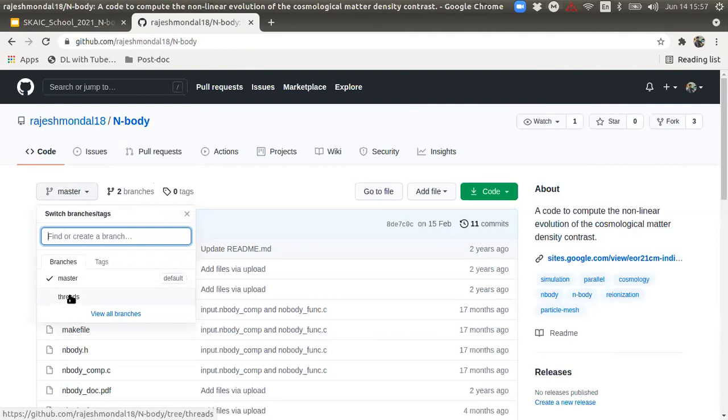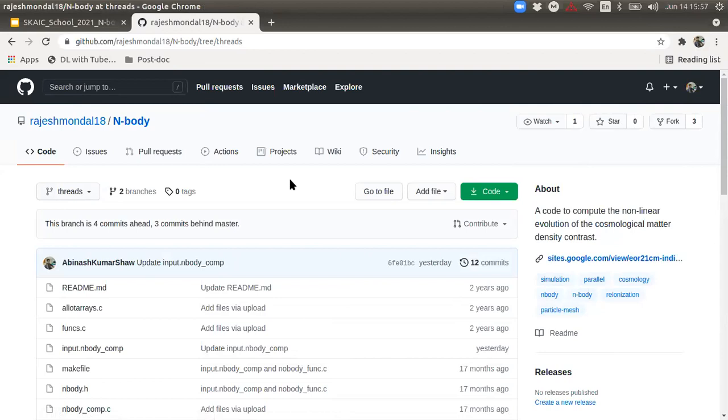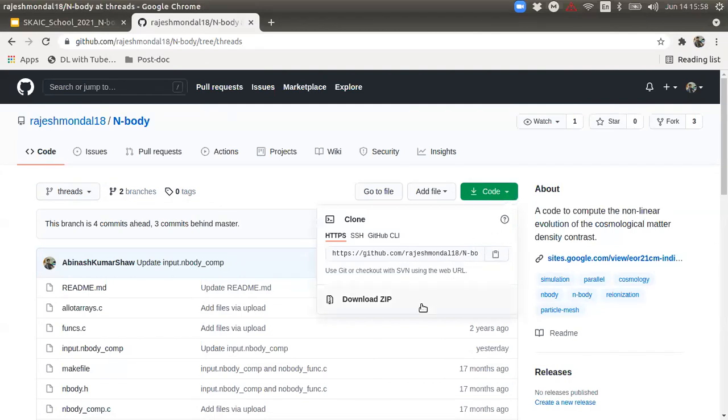I prefer the threads branch, because in some cases when you run your simulations on departmental servers or other servers where you have restrictions, you cannot run the code in the main branch, since the handle to specify the number of cores is not there. So you switch to the threads branch, you go to the code, and you can download the zip from here.